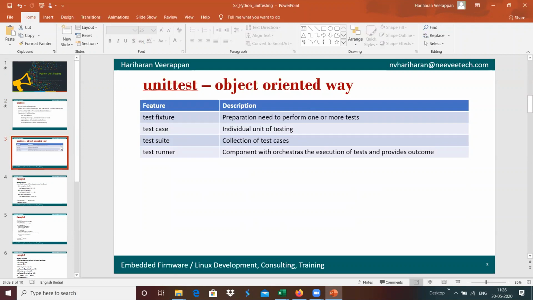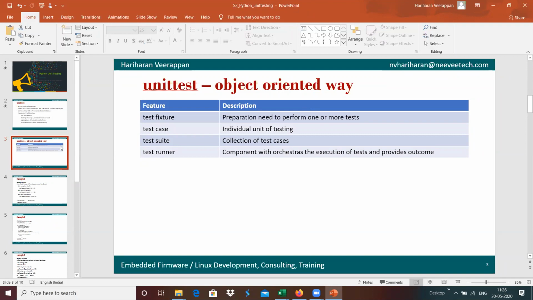Fixtures: in order to do the testing, we have to collect all the necessary things needed to start the testing, which is the preparation needed to perform one or more test cases, and which is called test fixtures over here.